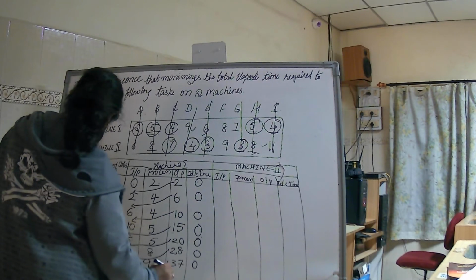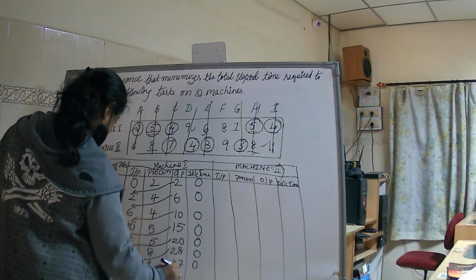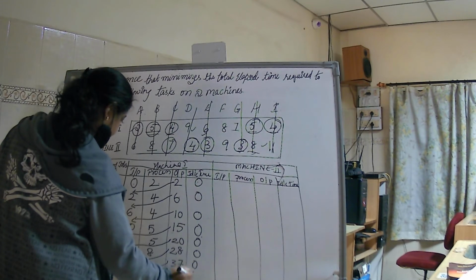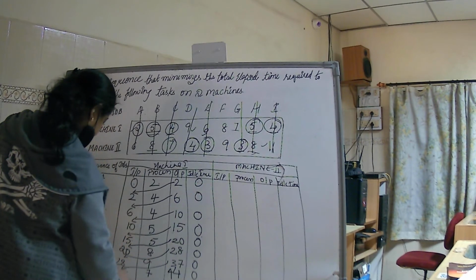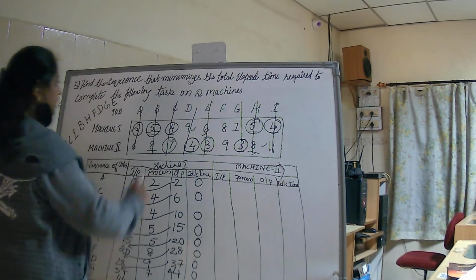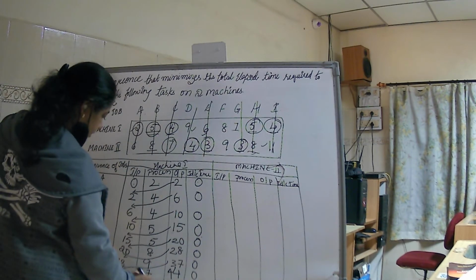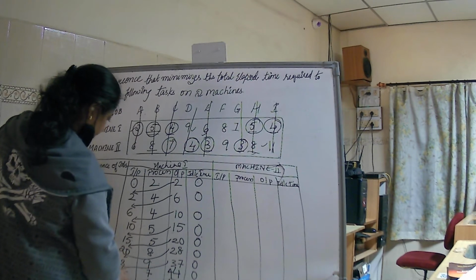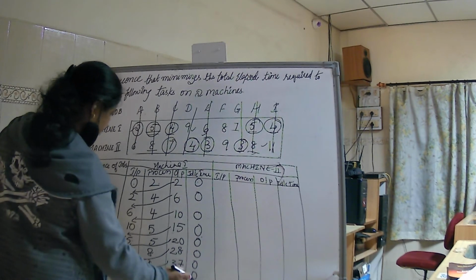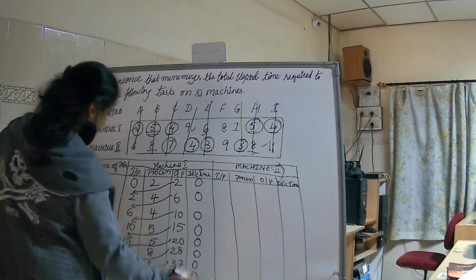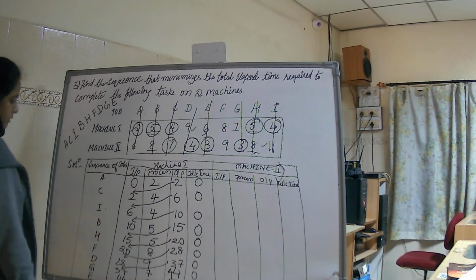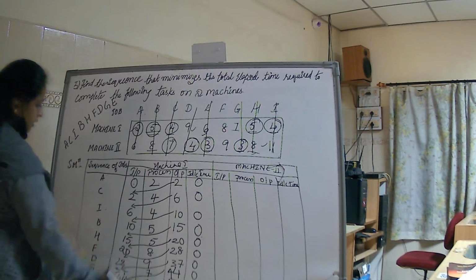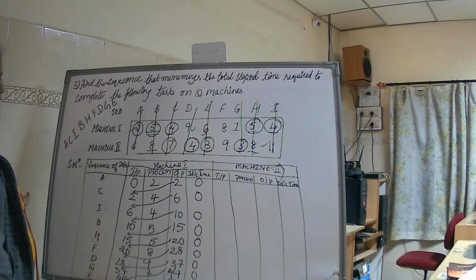So it becomes 44. Okay, students, 44 it becomes. Idle value is again 0. Now we take it as 44. The process value for E is 6, so it comes to 50. Idle is 44 minus 44, it becomes 0. Okay, students, so this is how this output will become the input. This is how you need to calculate for machine 1.